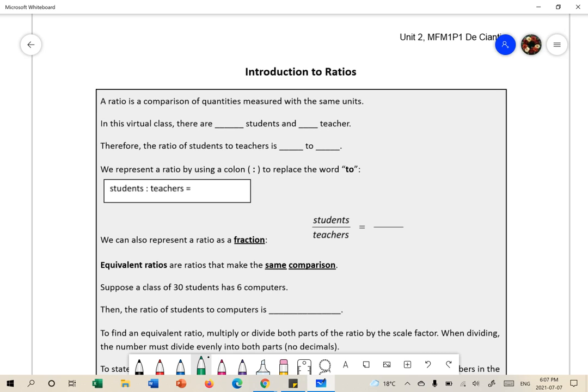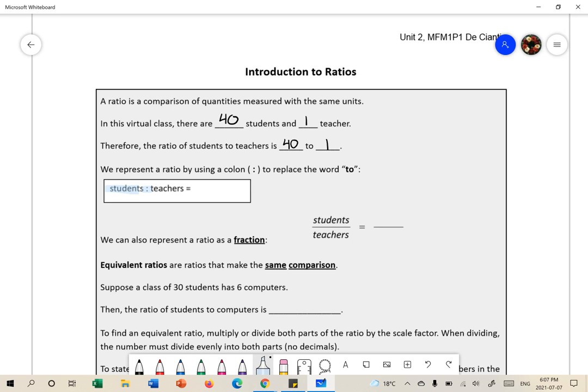In this virtual class, there are 40 students and one teacher. The ratio between students and teachers is 40 to 1. We can also replace the word "to" with a colon. So we can write it